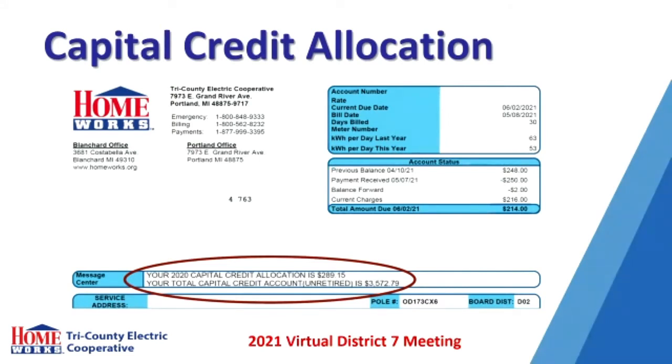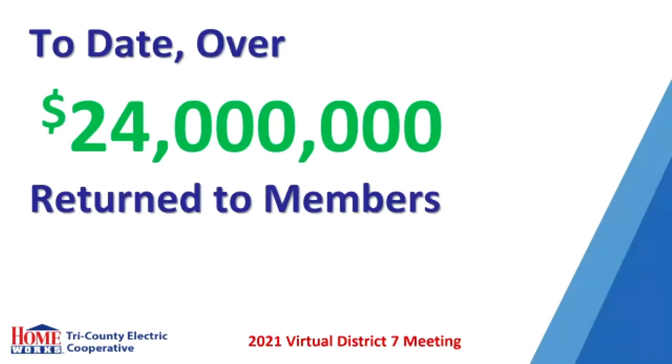Our bylaws call for us to use these funds as needed as operating capital for the cooperative. Then, during the years that our board deems the financial status of the co-op will allow it, we retire some of the capital credits and return them to you, typically as credits on your bill. So far, we've returned over $24 million in member equity to you and your neighbors. Your board voted not to make a capital credit retirement this year due to the significant capital we're investing in hardening the electric system and the deployment of our fiber internet network to benefit all of our members. But don't worry, that equity is yours, and you can expect it to be returned to you in the future, even if you move off our lines.